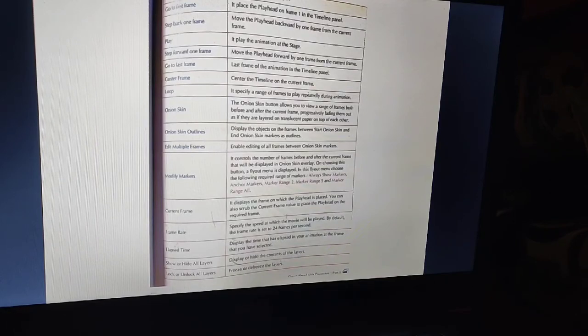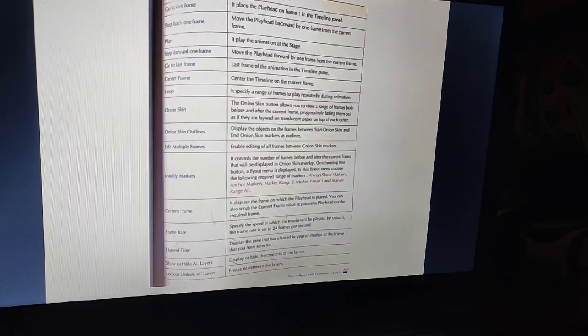Then there is the current frame, which displays the frame on which the playhead is placed, the frame currently playing. You can also scrub the current frame value to place the playhead on the required frame. Then there is the frame rate, which specifies the speed at which the movie will be played. By default, the frame rate is set to 24 frames per second.